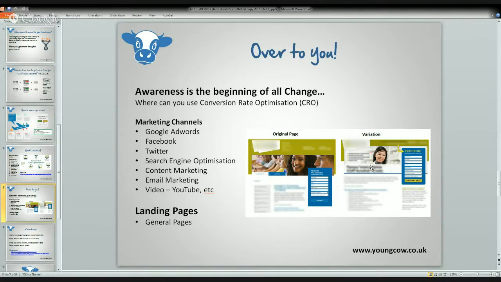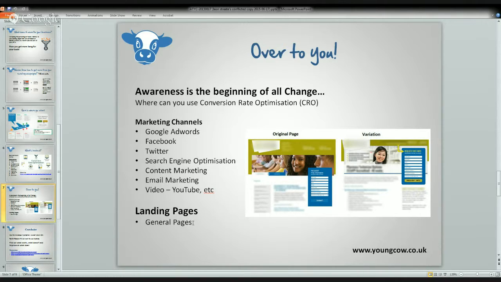So your A-B split testing is the key for you to see what works and what delivers, because you might find that based on one particular marketing channel, let's say Twitter, maybe that brings in customers that convert at 10% as opposed to Google AdWords where you get 1% conversion. Now you probably need to think about what channels you need to invest your marketing budget into. So by testing your landing pages, it also gives you an indication of which marketing channels bring in the traffic that converts for you. So the point here is, compare your marketing channels with your landing pages.